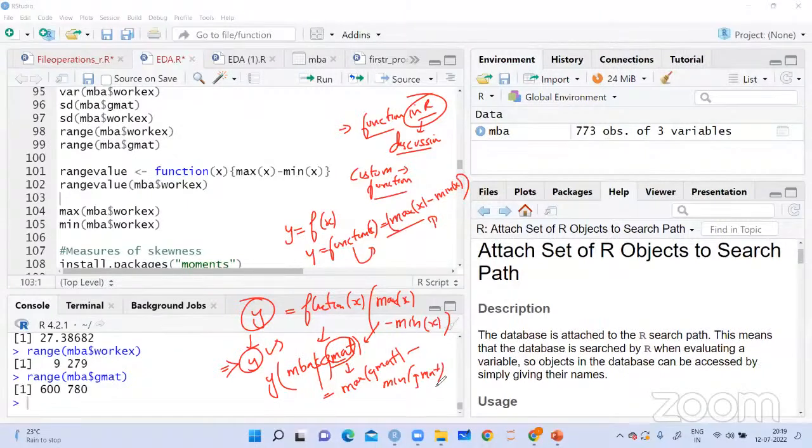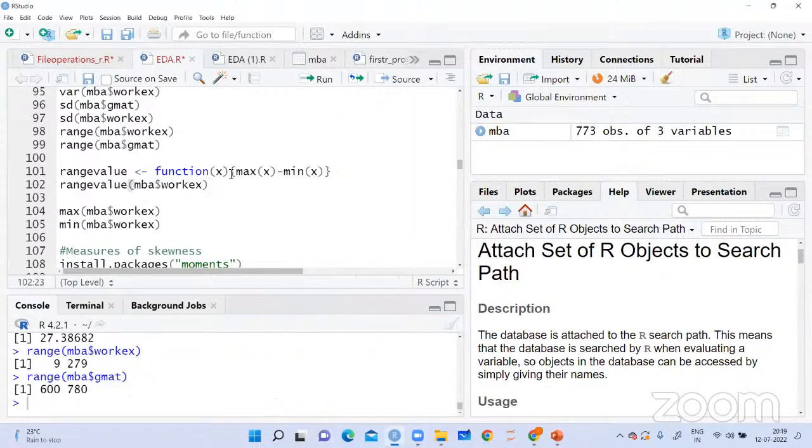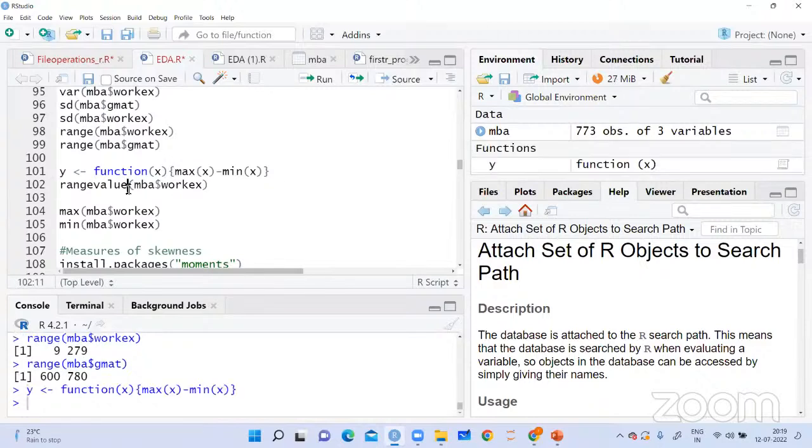So you are defining a simple function in this manner, which can take the difference between your maximum value and minimum value, and it is going to give you the result. That is the same thing we are doing here: function f of x, and in brackets I'm saying maximum of x minus minimum of x. Then I'm storing this value in a variable called y. Press Control Enter, and then you can see